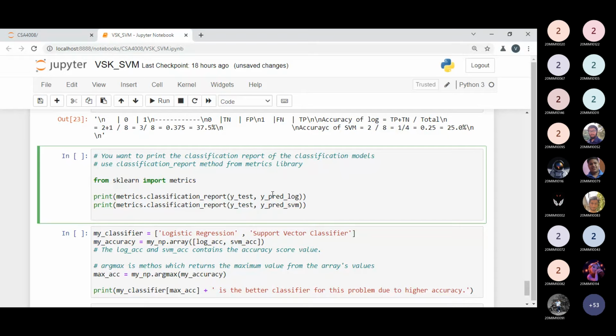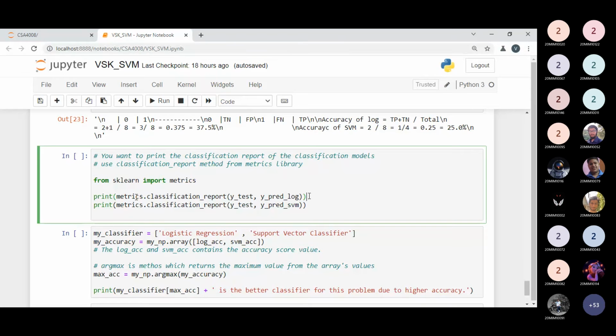No. It is a better idea to use the classification report method that comes in the metrics library, and here we need to pass the actual testing data and the predicted testing data. So we are working on the testing data to evaluate the model. I'm passing these two parameters to the classification report.